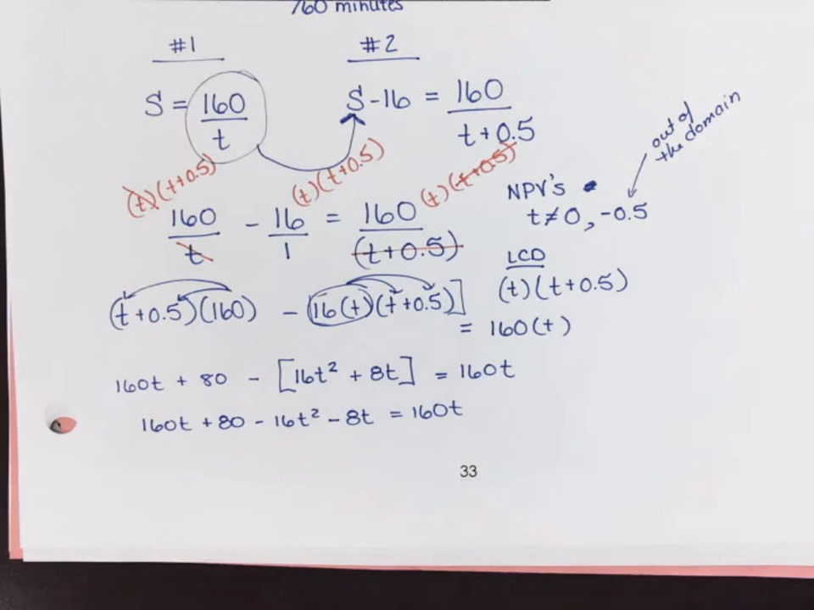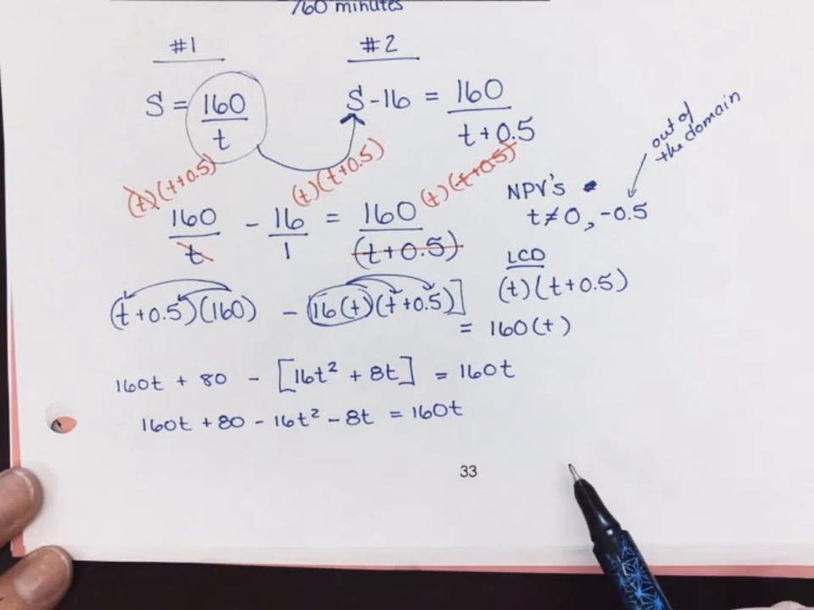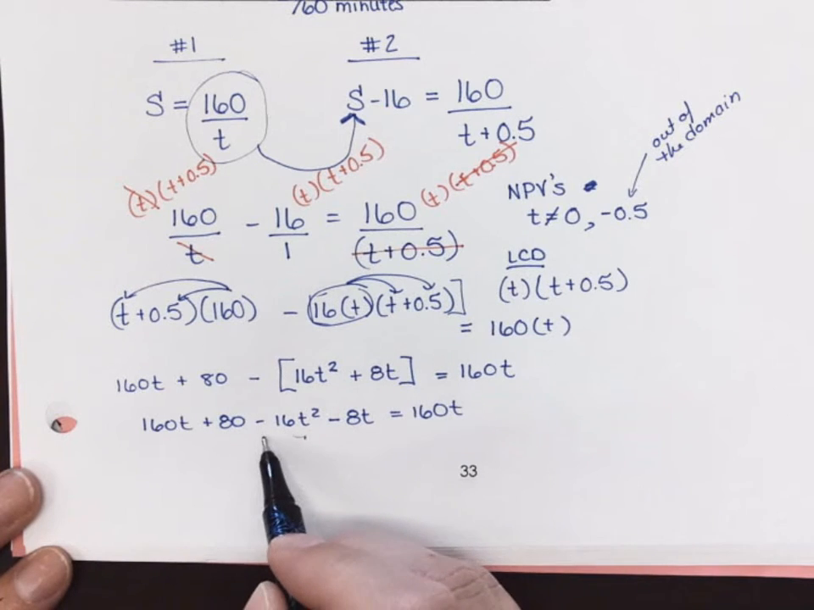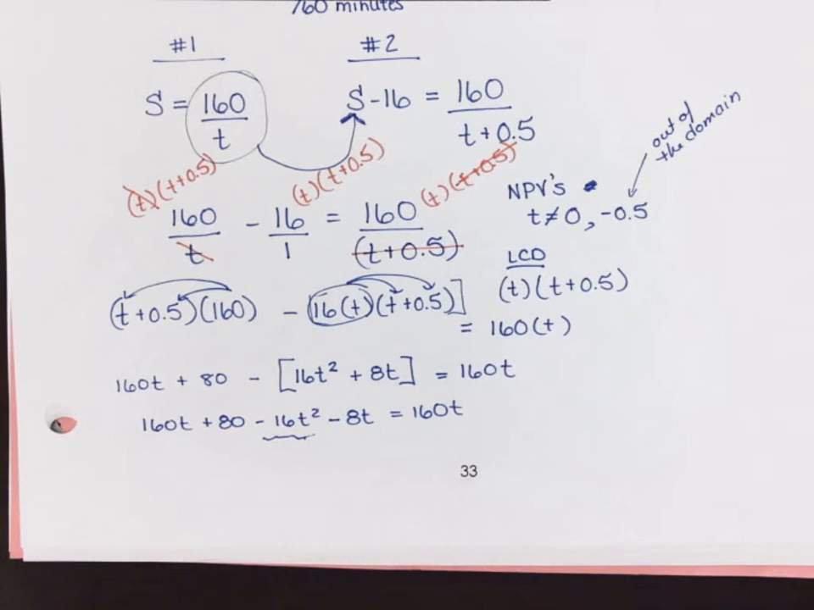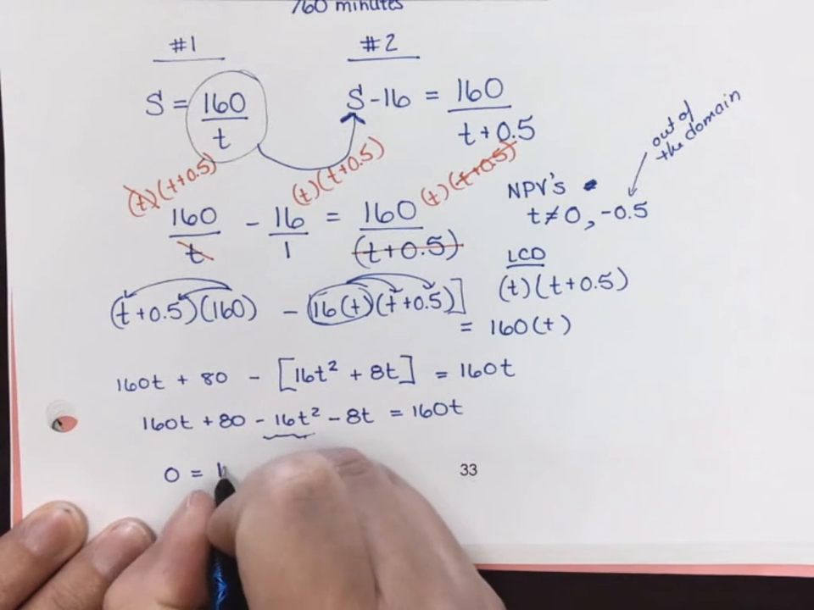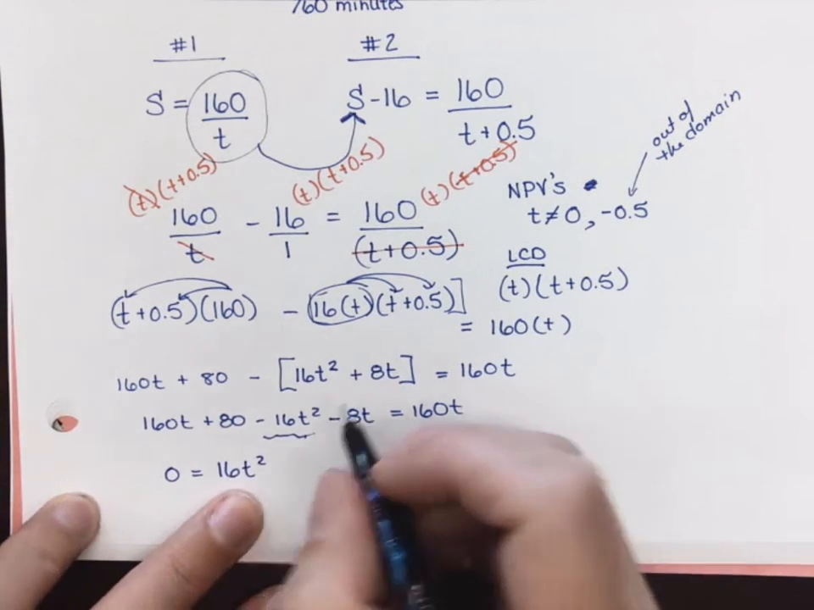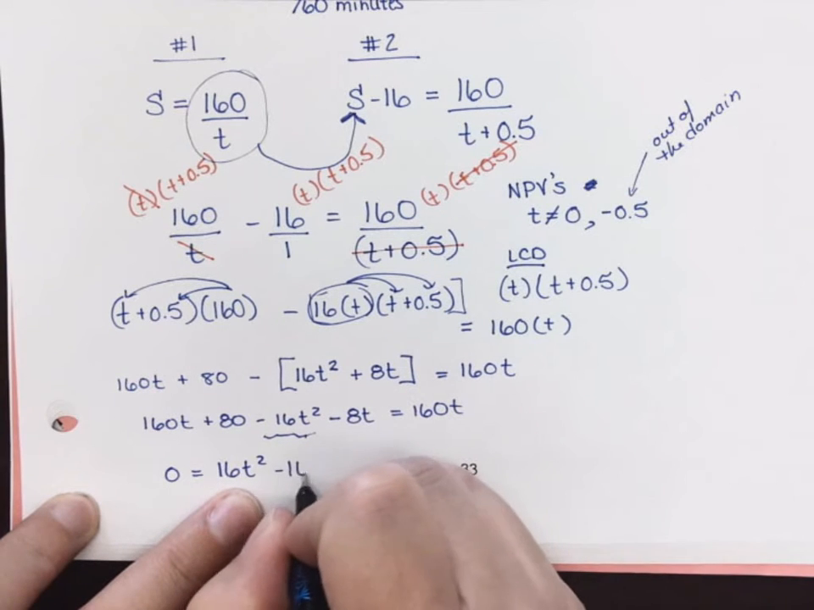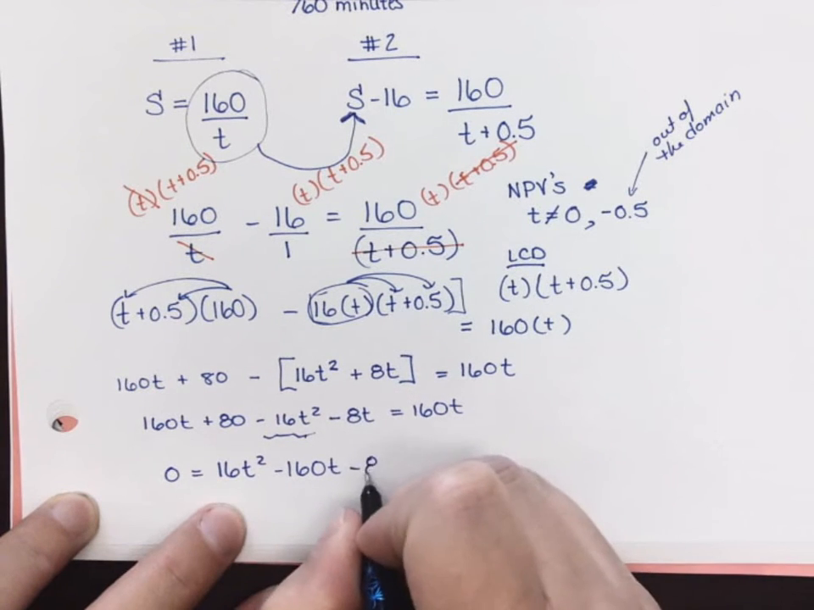Okay, what do you guys want to do? I got a t squared. So what do I want to do? Basic algebra or factoring? Factoring, because it's a t squared, right? It's a quadratic. So I'm going to bring everything to the right-hand side because on this side it is negative. So I've got 0 equals 16t squared minus 160t minus 80,